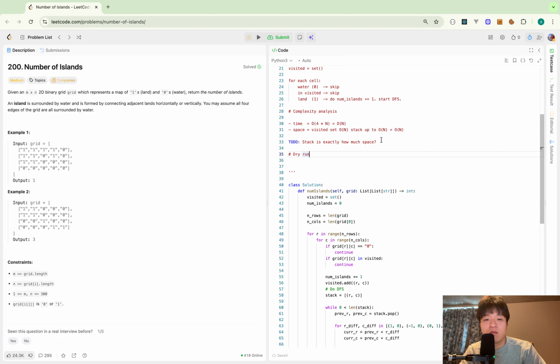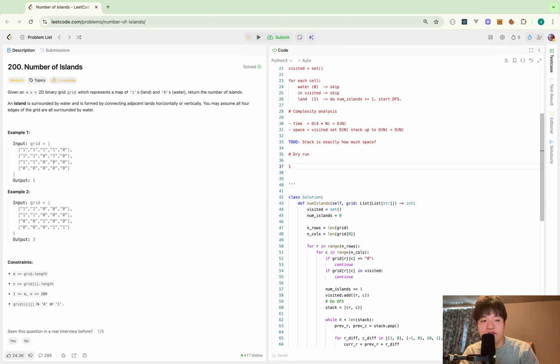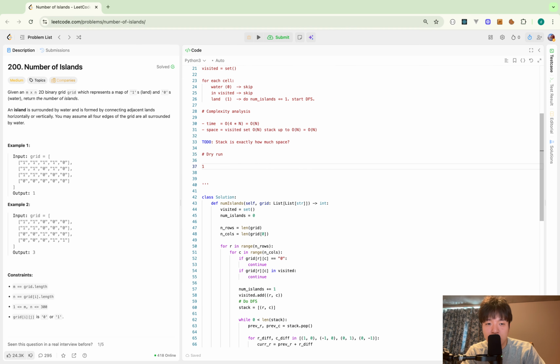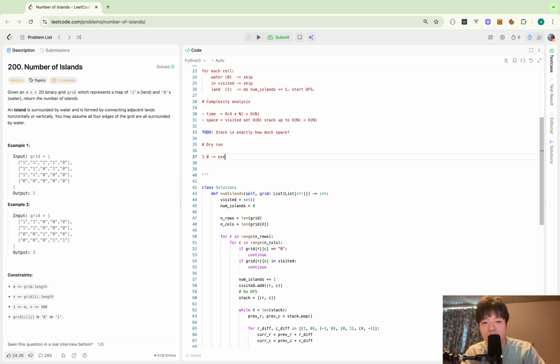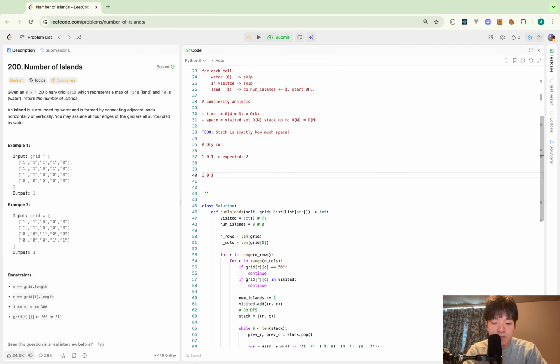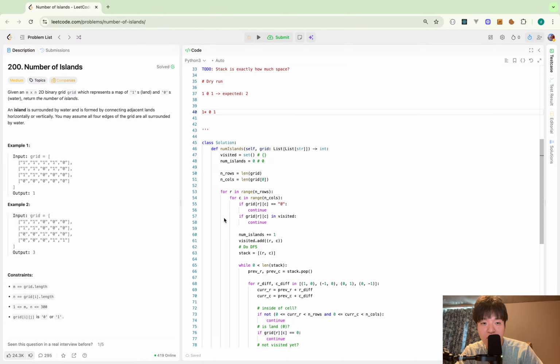Okay, so let me go with a very simple case, 1, 0, 1. In this case, I expect 2. So num runs begins with 0 and the visited set begins with an empty set. So first let is this cell. Here, so I start the